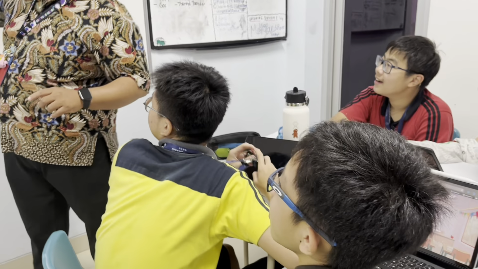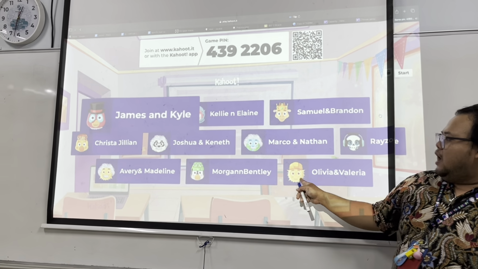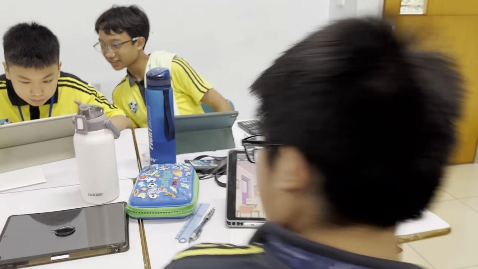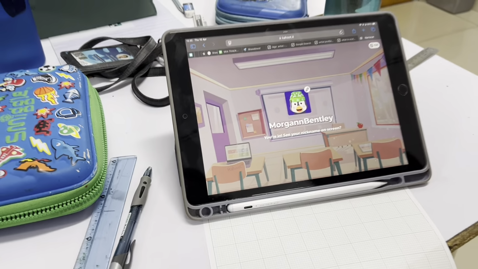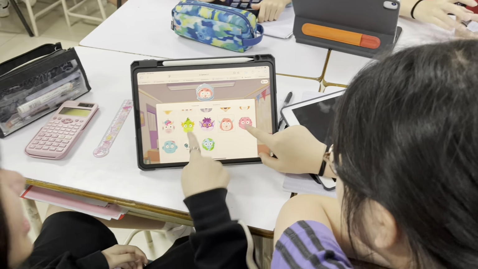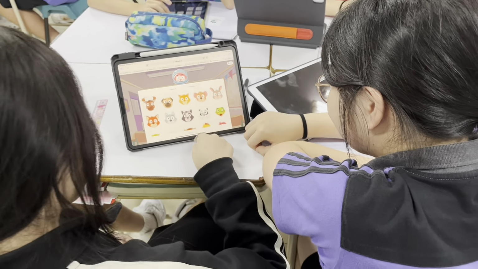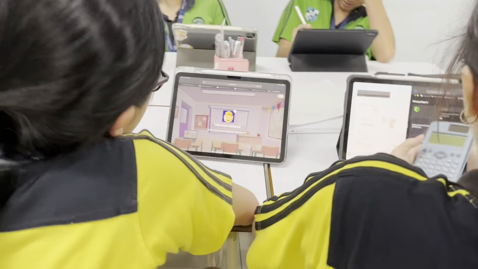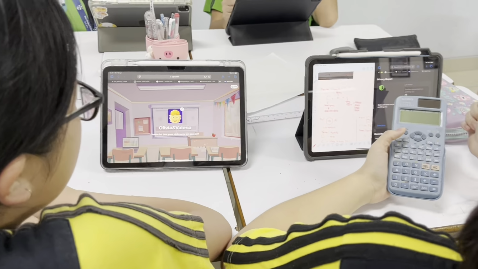Everyone uses the Einstein avatar. Olivia and Valerie, Teletubbies, right? Pingu. Valerie, you were excellent. I love physics. You're still choosing the avatar? 1, 2, 3, 4, 5, 6, 7, 8, 9, 10. Okay, already 9 groups. Everyone look at me, okay?